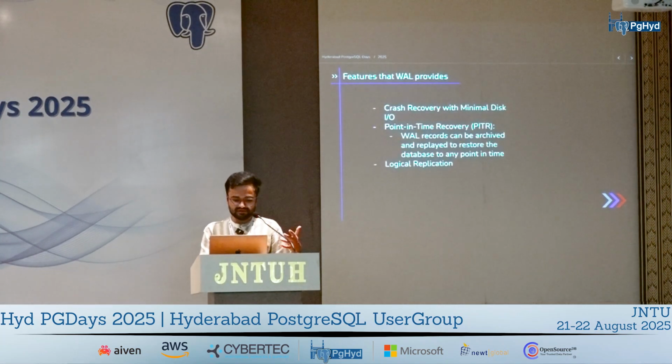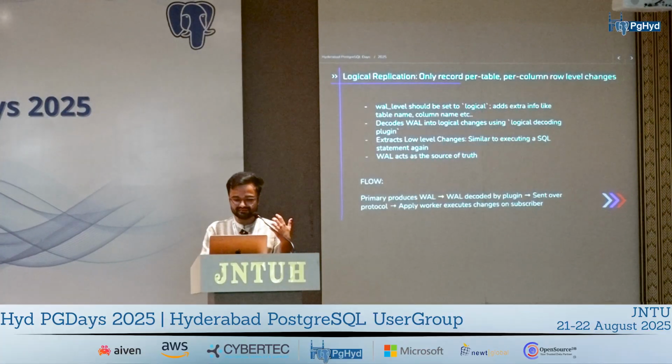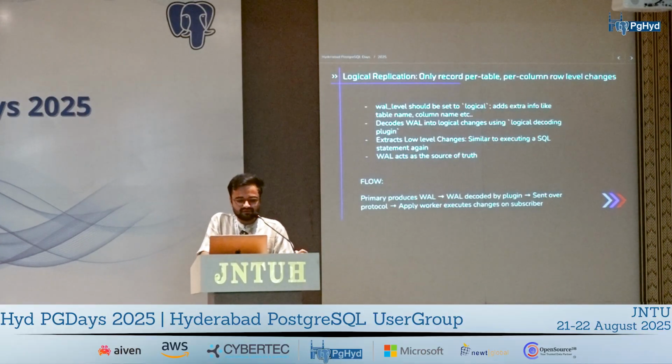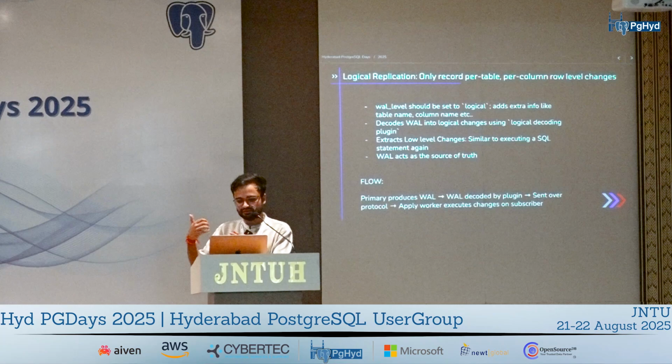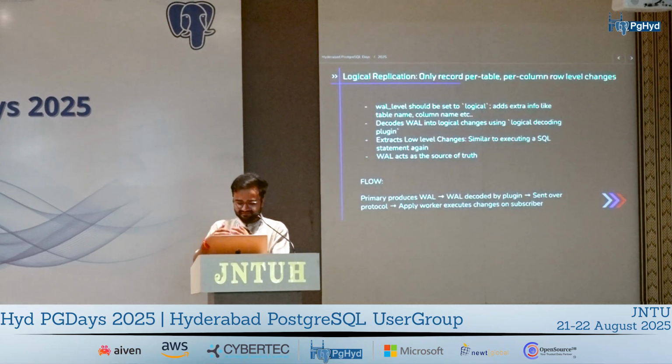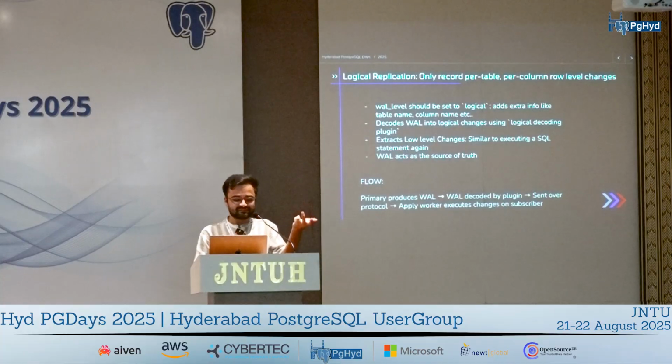And finally, we have logical replication, which is more like executing the same SQL statements again on the replica. This is how I like to understand it. But in this case, it is handled by Postgres for you. A very important requirement for this is to set the wal_level to logical, so that when the WAL sender process starts sending all of these WAL records to your replicas, it uses a logical decoding plugin to decode the entire WAL record to get this SQL statement execution functionality, right?